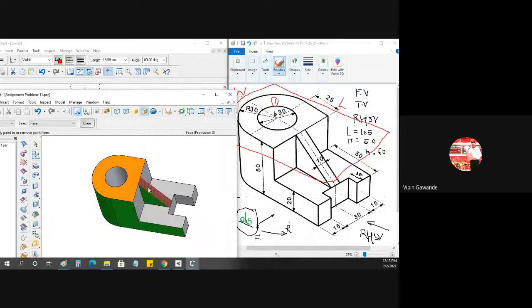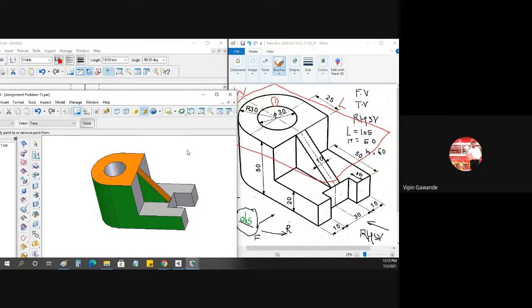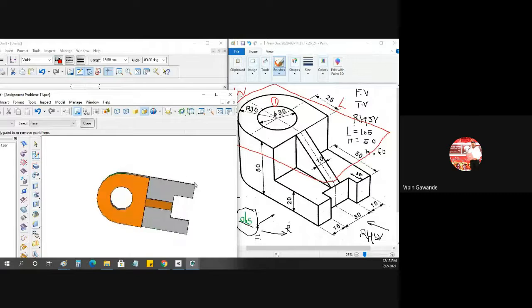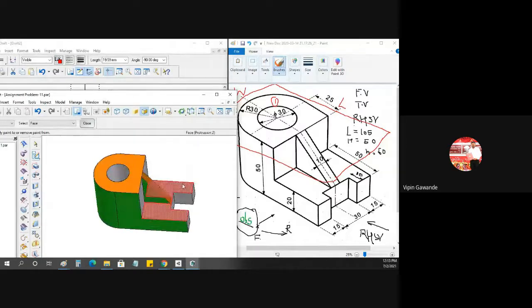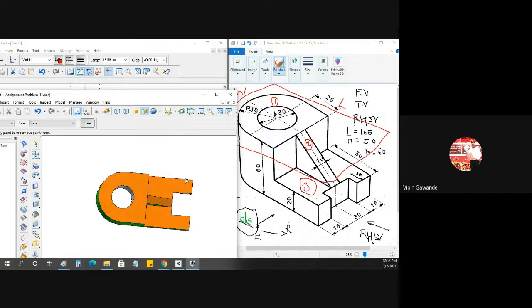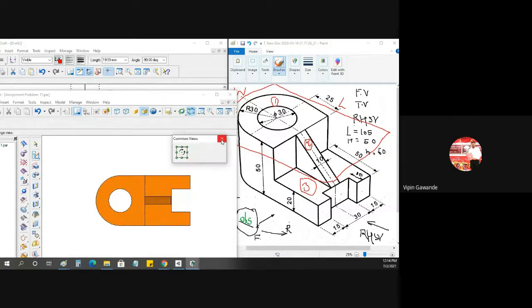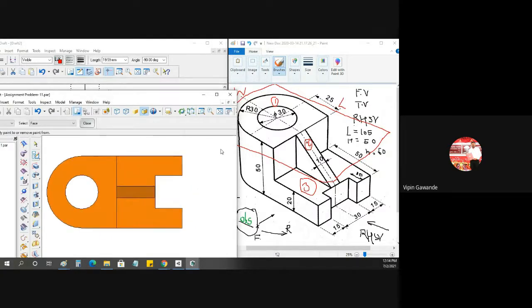Then what is visible? This rib is visible. We have to make it straight. What do we do with this rib? We have to straighten the inclined surface. So it becomes visible something like this. Then this is our second surface you have to draw. Then what is the next horizontal surface? We will get this as horizontal surface 3. So the top view will look something like this, in orange color.